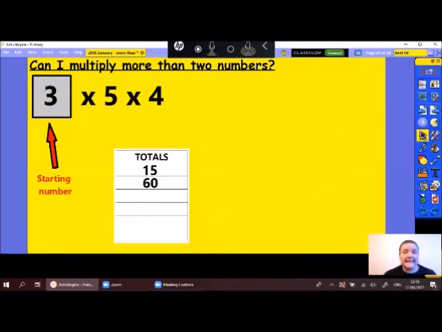Then I'll roll the dice again, write the number up at the top here. So my calculation at the top gets longer and longer. And whatever number it is, it might be a 2, for example, I then have to multiply 60 by that number. And you need to keep going and keep going using the grid method each time until your number gets really big, until you get over